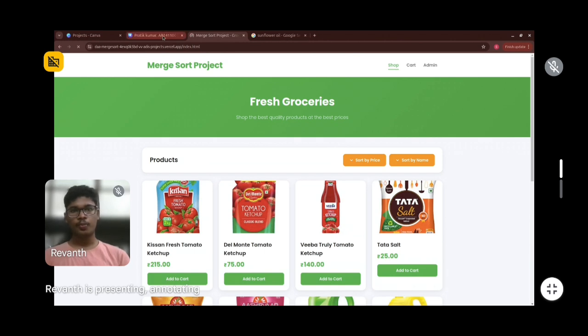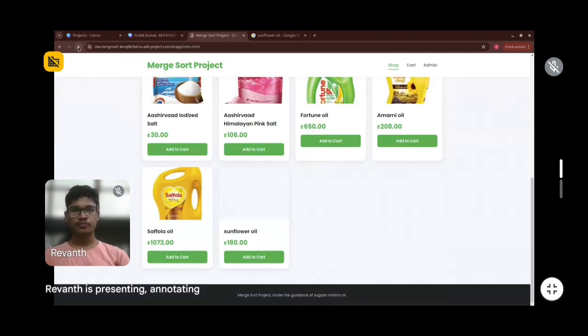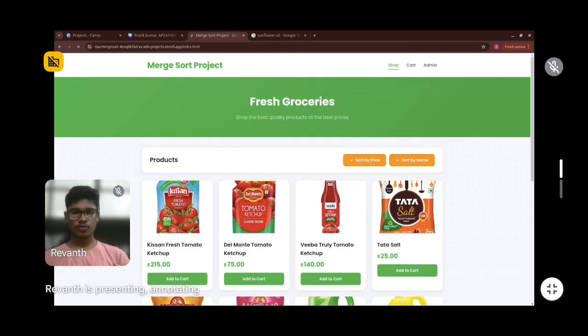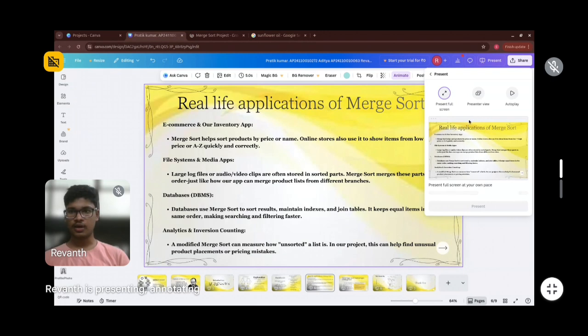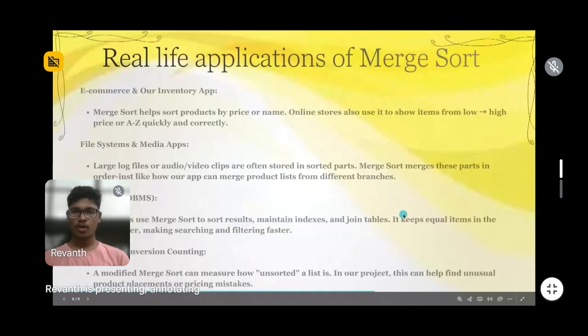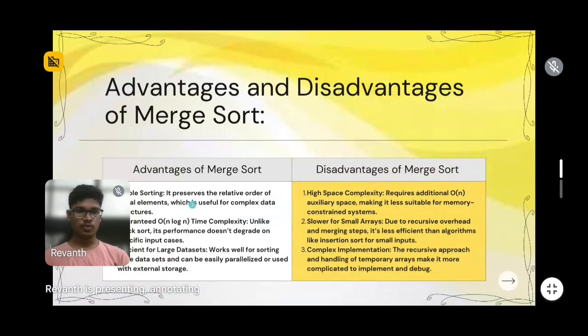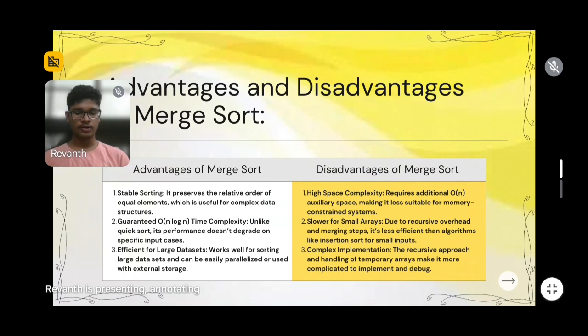Now let us go back to our presentation, and let me explain the advantages and disadvantages of merge sort. Coming to advantages, this is a stable sorting algorithm which always guarantees O(n log n) time complexity. Unlike other